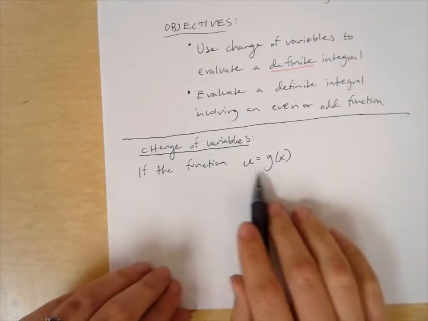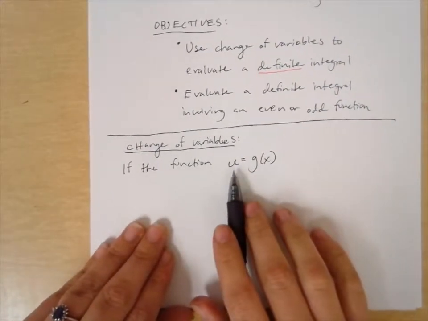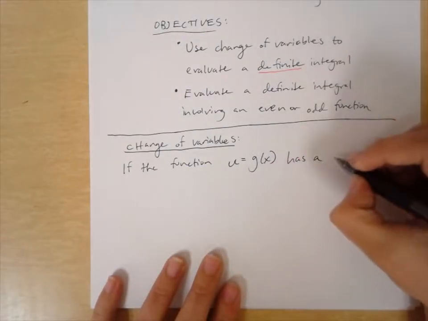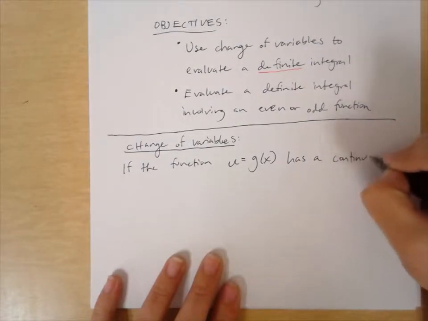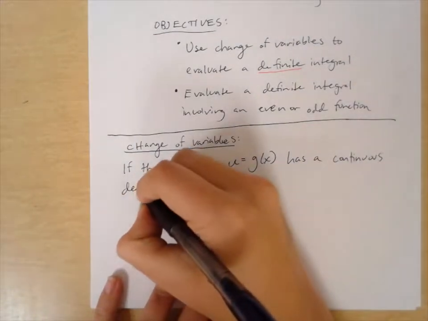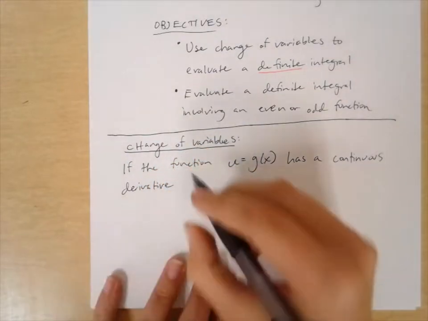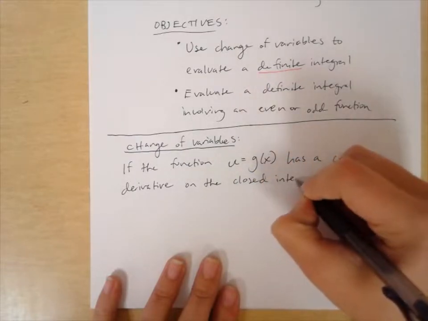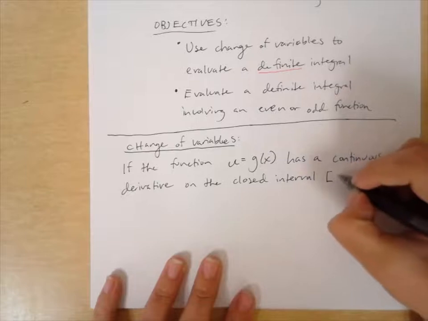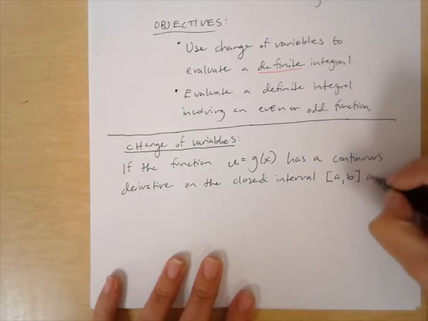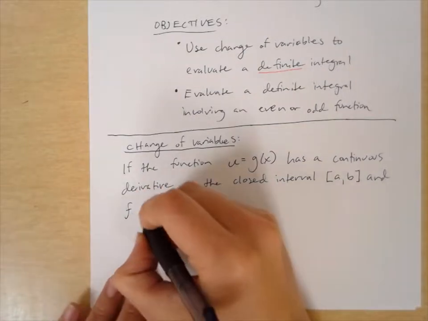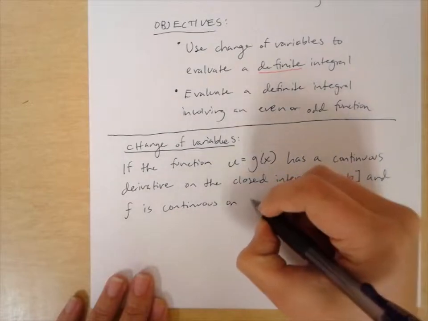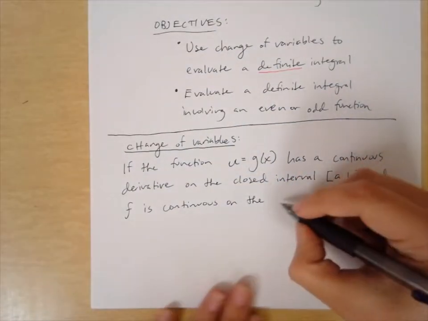We're going to find a u in these integrals, and those u's are going to be g of x's, has a continuous derivative on the closed interval from A to B, and fancy F is continuous on the range of G,